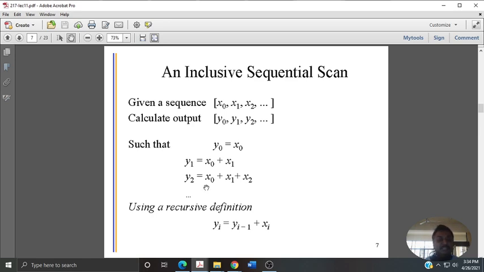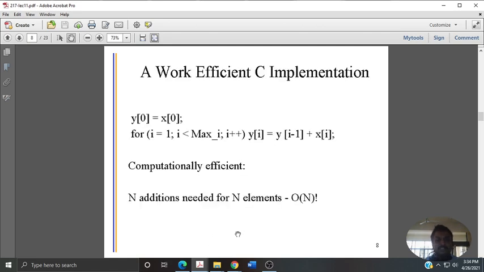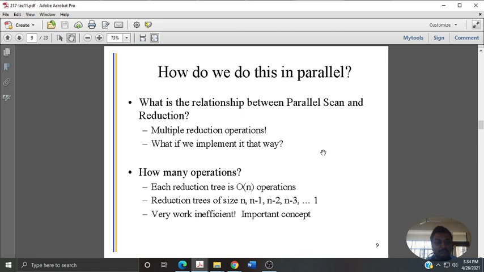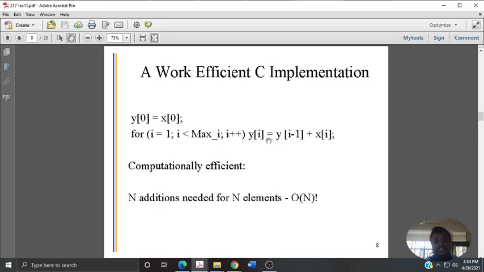So it is an inefficient computation. Why is it called inefficient? Because x0 plus x1 was computed earlier in y1. Now for computing y2 you are also using the resource repeatedly, in a recursive fashion, and hence it is called computationally not efficient. In the sequential implementation, for i equal to each element, it takes n cycles, n being the number of elements you want to compute. That final element you want to arrive at, that process is normally called a reduction, because you are getting that element as such.